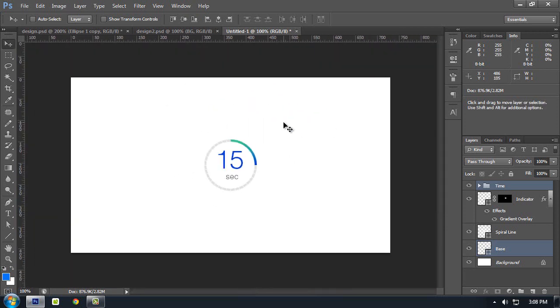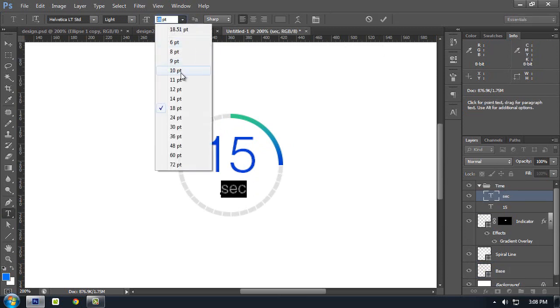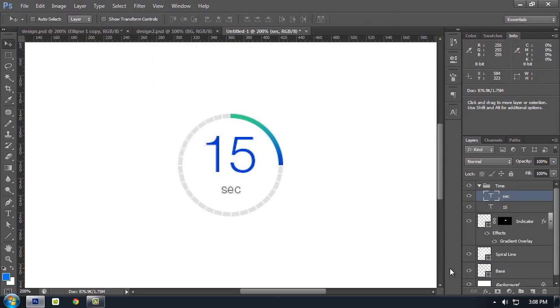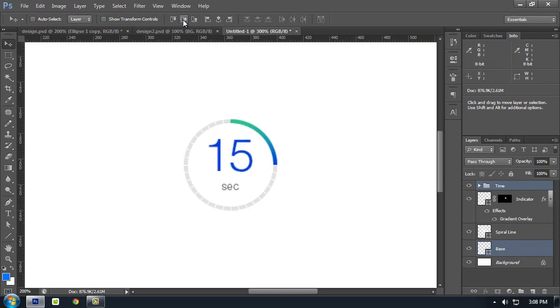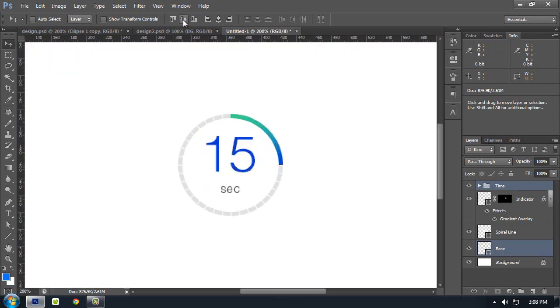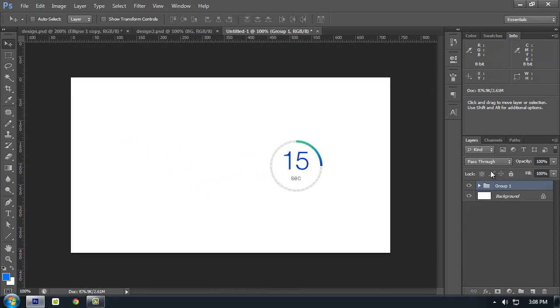And now you can actually turn this to about 14 to make it more, then align it again, and we have a nicely created timer right there. So what we can do now is to group this and